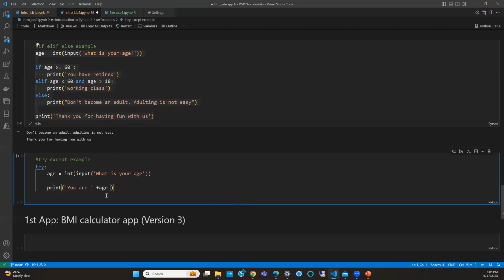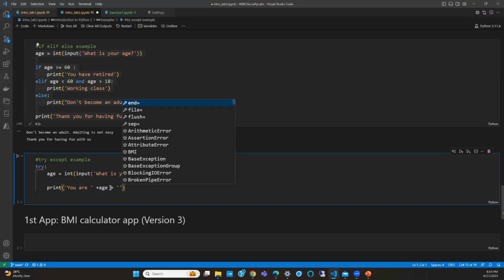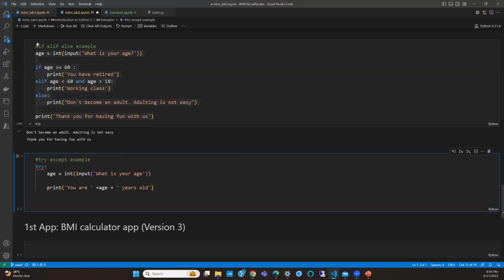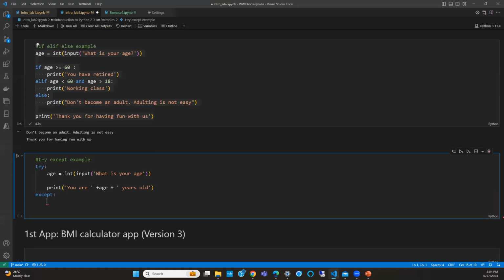For print, those of you who probably already know Python, you're using concatenation, but there are other ways to concatenate in print. Since I haven't really talked about it, I'm still using concatenation. So that's it, and this is what would happen if everything works. There's no error, the user doesn't do anything funky, right?